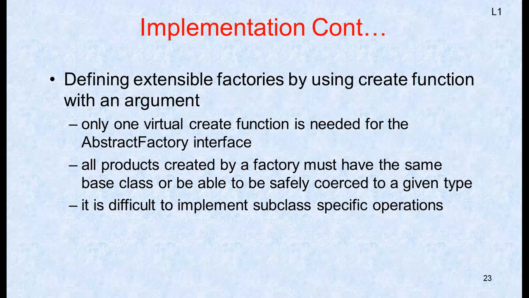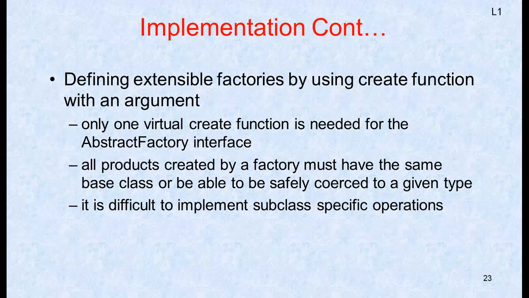So a more flexible but less safe design is to add a parameter to the operations that create the objects, and this parameter specifies the kind of object to be created. It could be a class identifier, an integer, a string, or anything else that identifies the kind of product. So in fact, with this approach, abstract factory only needs a single make operation with a parameter which indicates the kind of object to be created. This is the technique used in the prototype and class-based abstract factories that we discussed earlier.